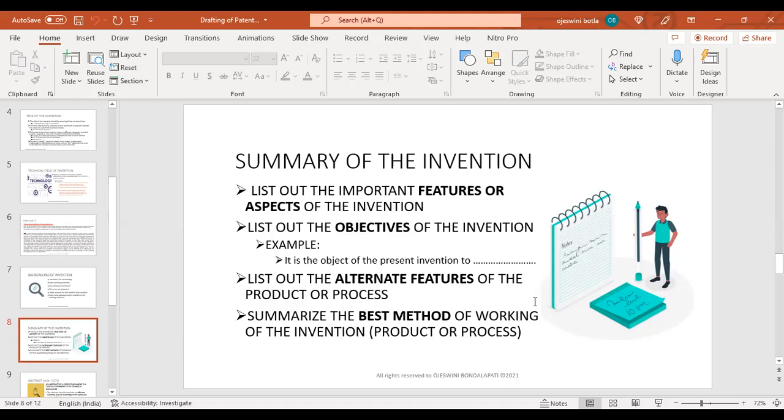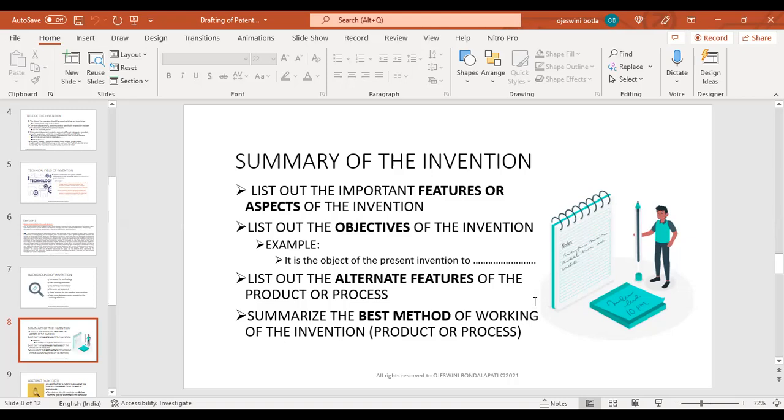Instead of an alternative method, we'll go with alternative embodiment. The preferred embodiment is exactly the thing which we are talking about, what we are practicing, or what is the best thing that we say is preferred. And exemplary embodiment, exemplary means it's another example which we are giving to explain it more in detail. So those words are exemplary, preferred, or alternate embodiments. In the detailed description we use these terms, and in the summary we use aspects